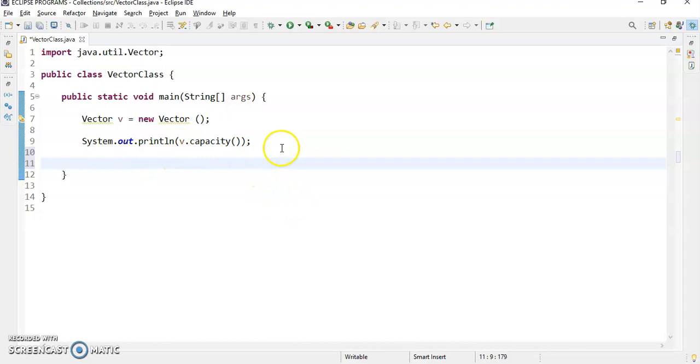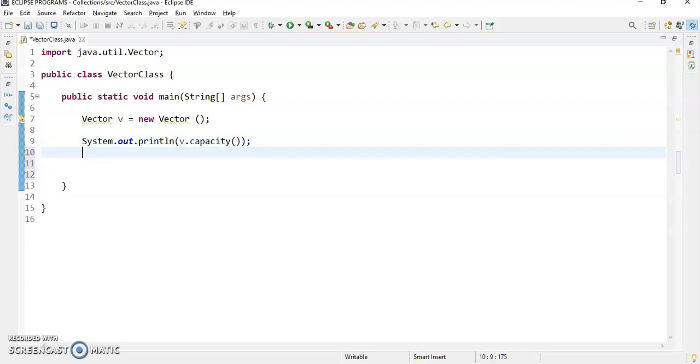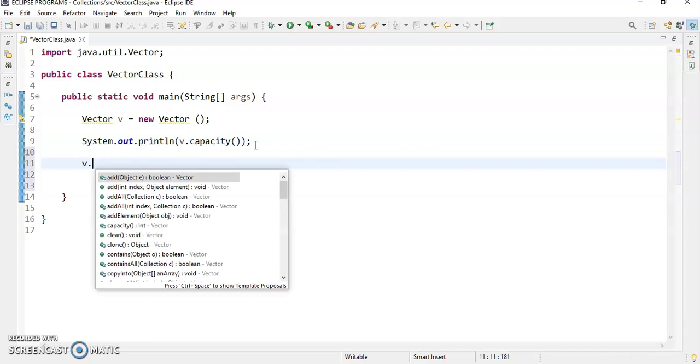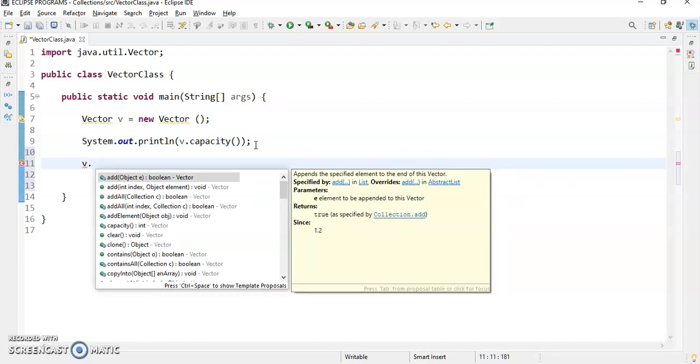Now we will add elements one by one to this particular vector. We have some internal methods. As the Vector class implements the List interface internally, all the methods used in the List interface can be applied here for the vector as well. I will use v dot, and you can see whenever I type the v object dot, these are the number of methods you can use.